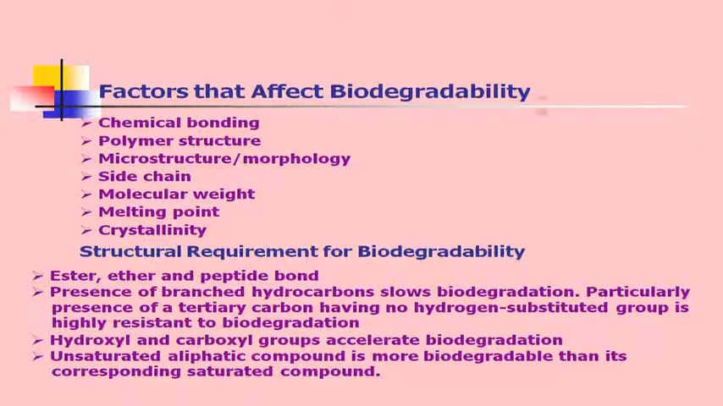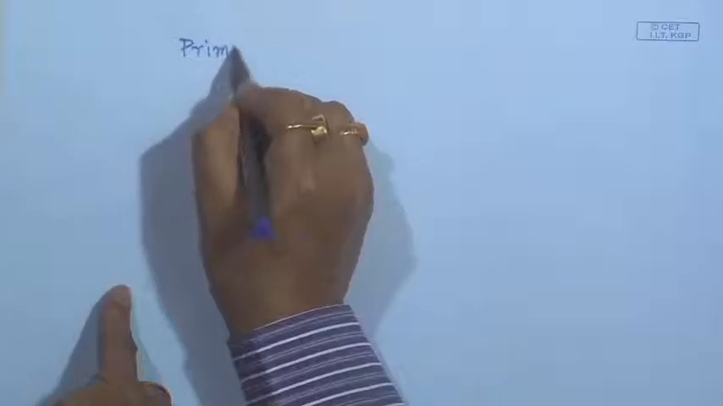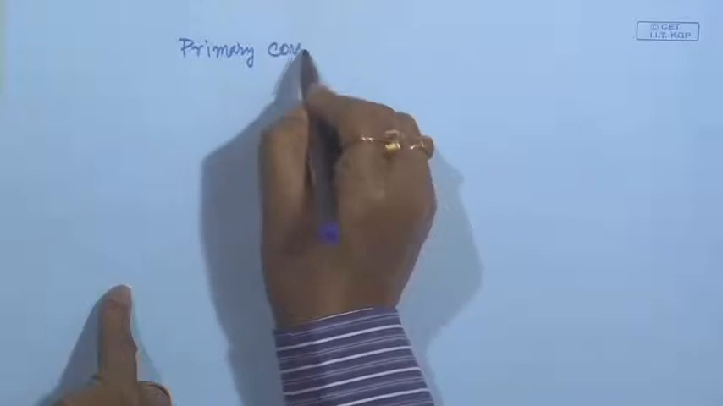Now, we were discussing the biodegradation of polymer products. Now, let us discuss the various factors which are responsible for biodegradation of such polymers. The most important factor is chemical bonding in polymers, that means the nature of chemical bonding. Chemical bonding, I mean, as I told, primary covalent bonds